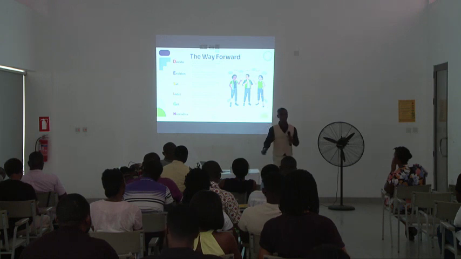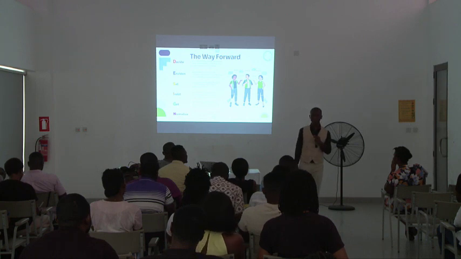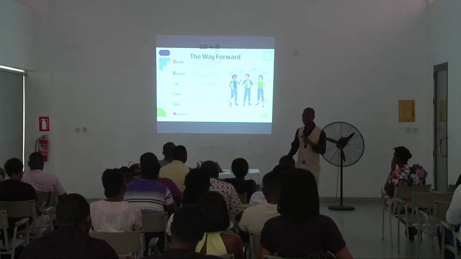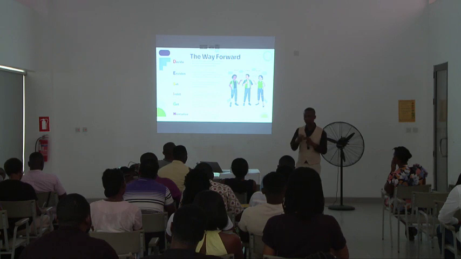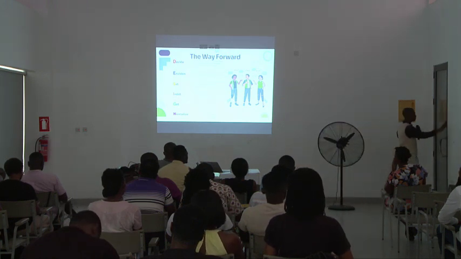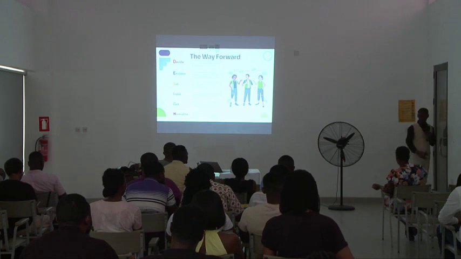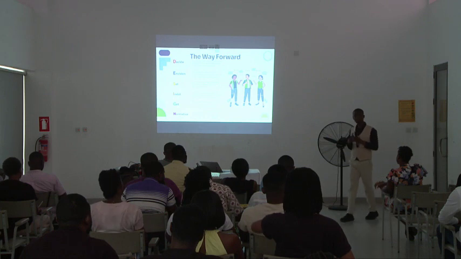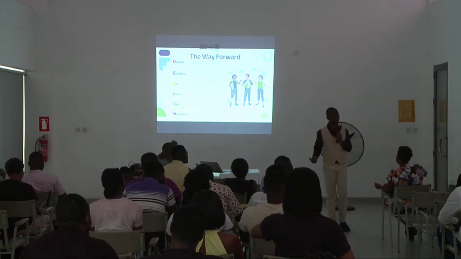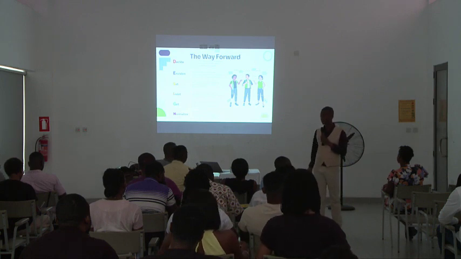So what we are trying to do here is that by the next 5 years, we want to make it normal that it is normal for you to see a ramp. It's normal for you to see tactile. Because when you get to the door and you are blind, there should be a tactile here to show that this is the conference room. The person puts his hand over there, you know that I'm in the conference room, or room number 1. You don't have to ask, which room is this? Are you getting it? The GIA president, something has happened and then he is blind. Then all of a sudden he can't even use his own space. That is very annoying.